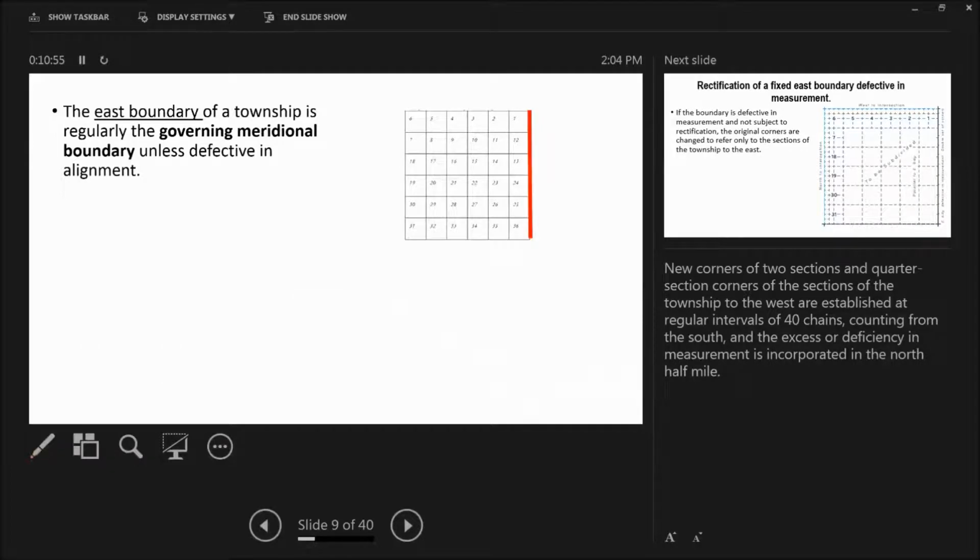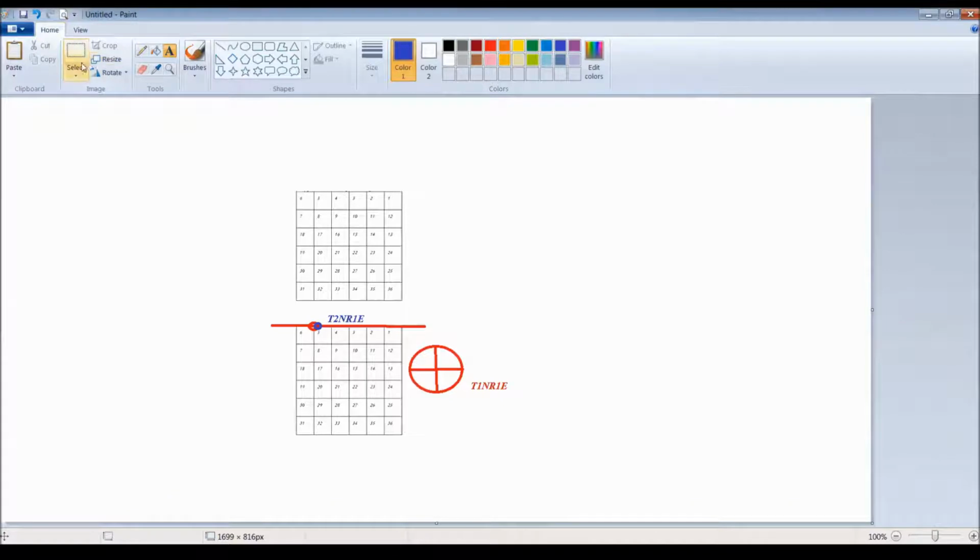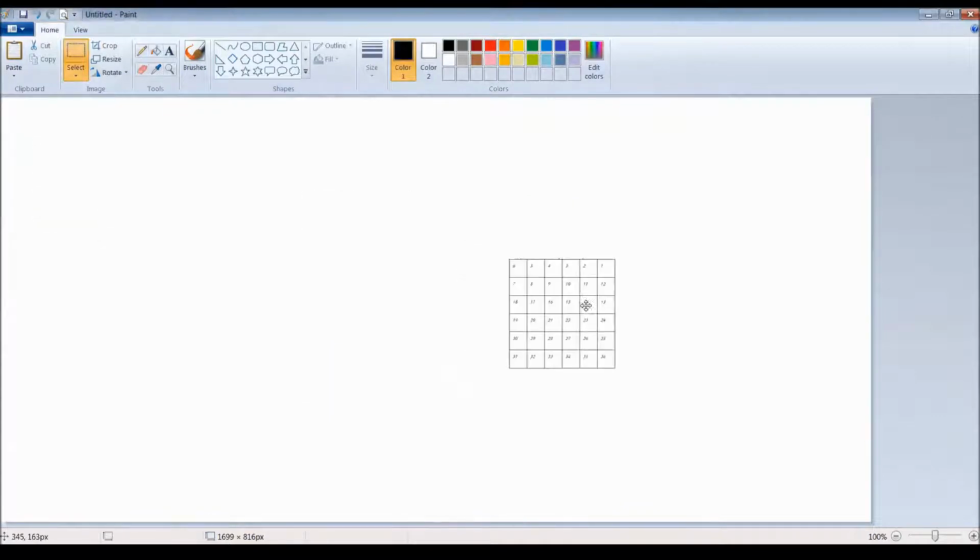If we have a township, reminding you that if we have, sharing the screen has stopped, okay. Share screen, let's go to paint. And let me get this here, and